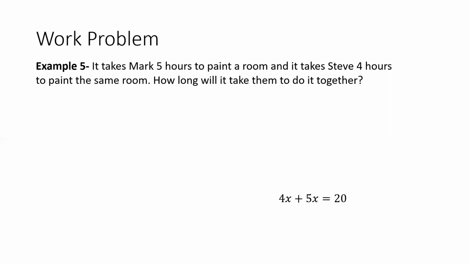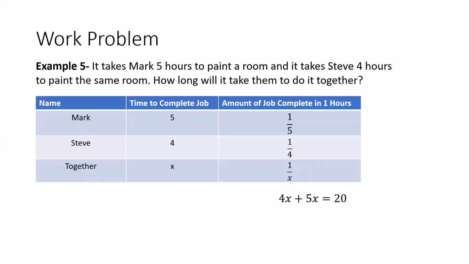That doesn't really make sense, right? Because if they can paint it in either 5 hours or less individually, they should be able to do better than that when they're painting it together. The other way to think about it is to express what people are doing as a rate. So if we say it takes Mark 5 hours to complete the job,